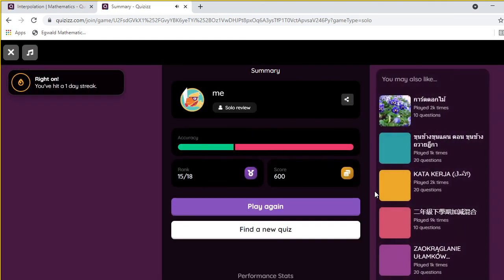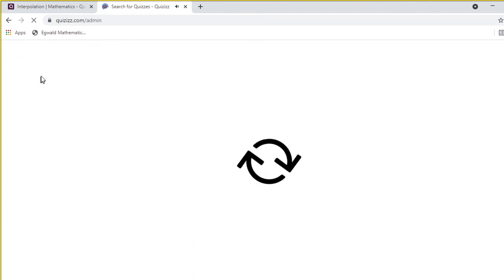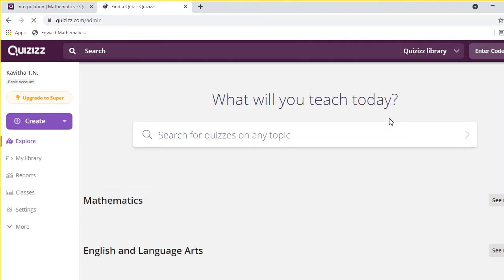Okay. Play again. You can go. Okay. This is the appearance for the student. So beautiful and interesting appearance to the students.